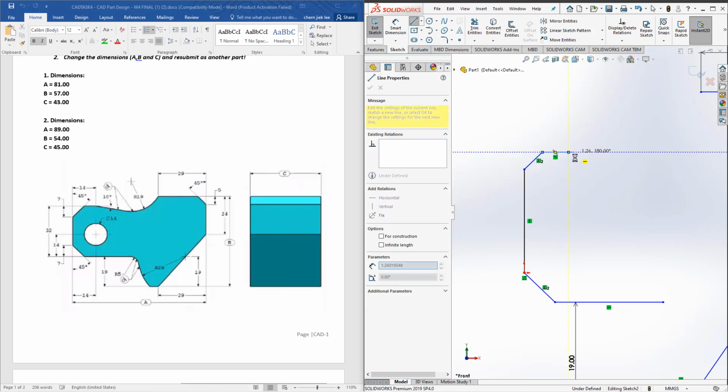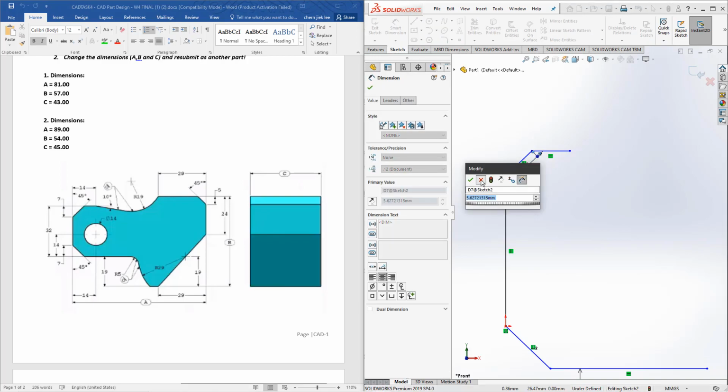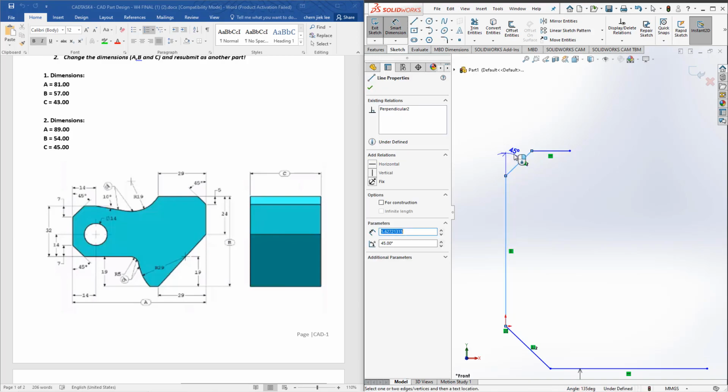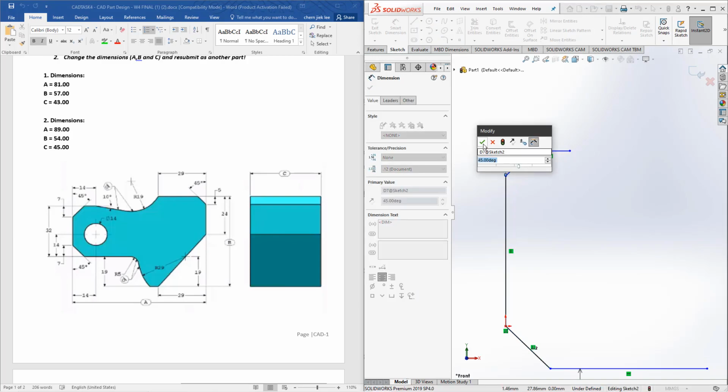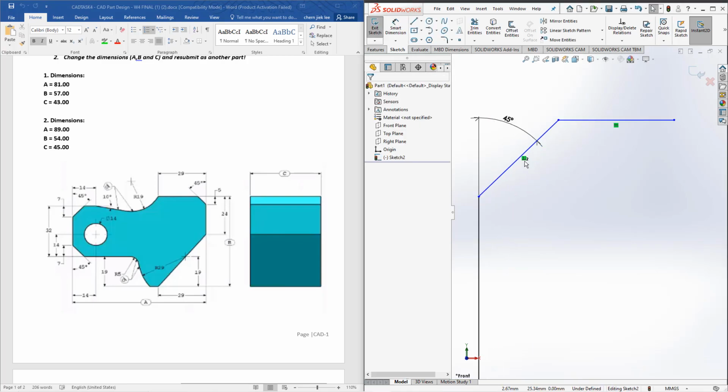Okay, let's assume I had left the perpendicular sign there. The question asked me to dimension the 45 degrees angle. Watch what happens when I try to smart dimension the 45 degree angle. Wrong. Remember, smart dimension is always click one line, click the other line, and drag out. And tick. So what will happen is that this 45 degrees, if I smart dimension again,